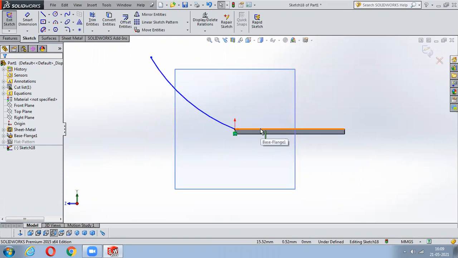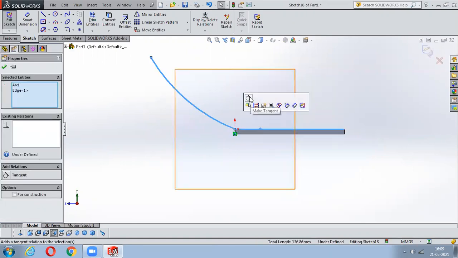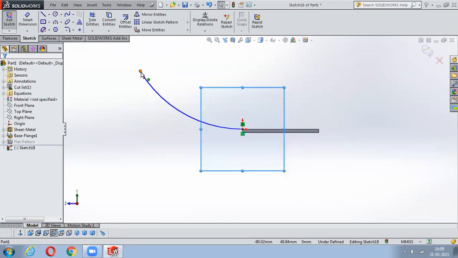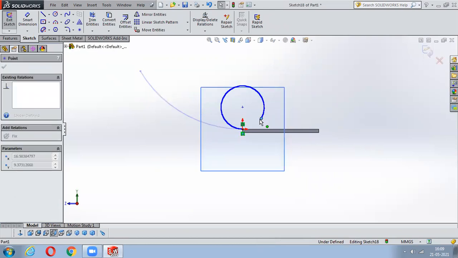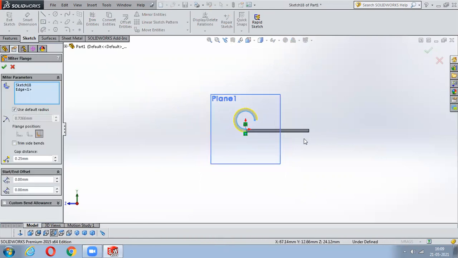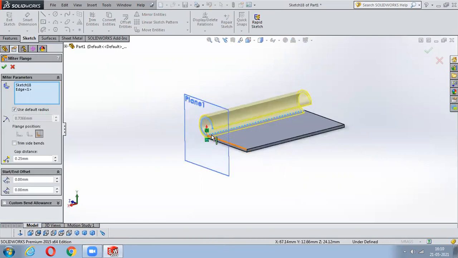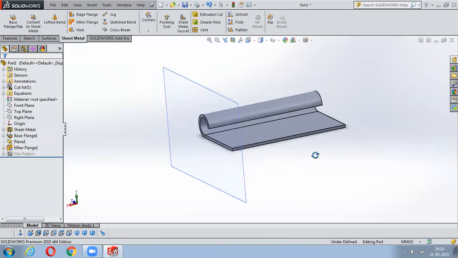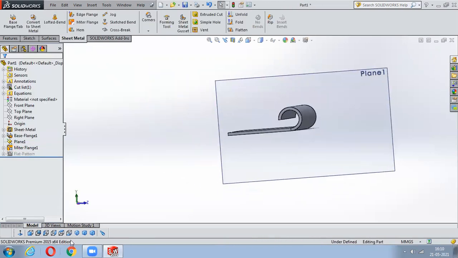I'll press Control, select these two arcs, and make them tangent, and you can give whatever shape and size you want. So just keep it like this. I'll say OK to this. Once I say OK, this particular sketch will follow the edge we have selected. Once you say OK to this, see, quite easy, right?